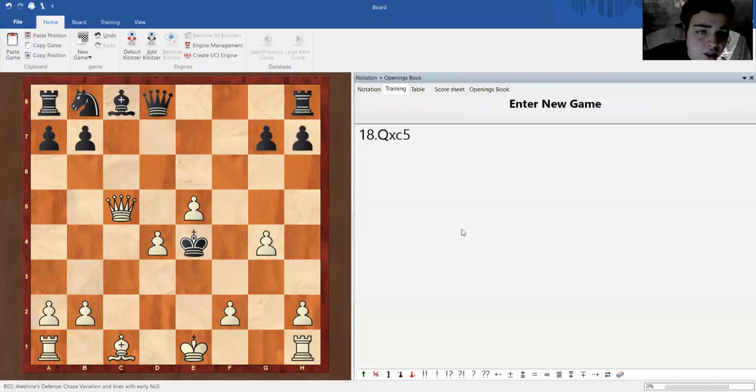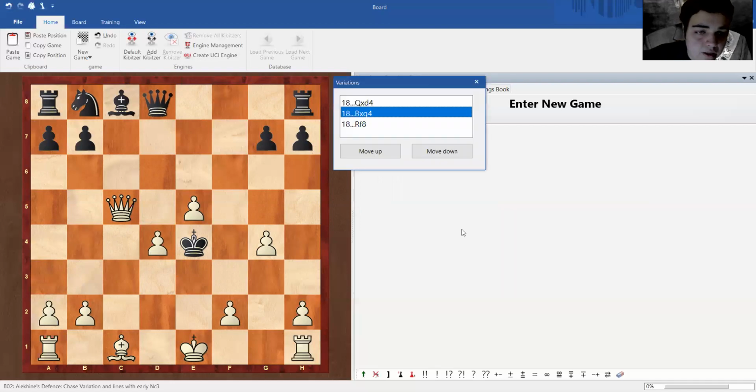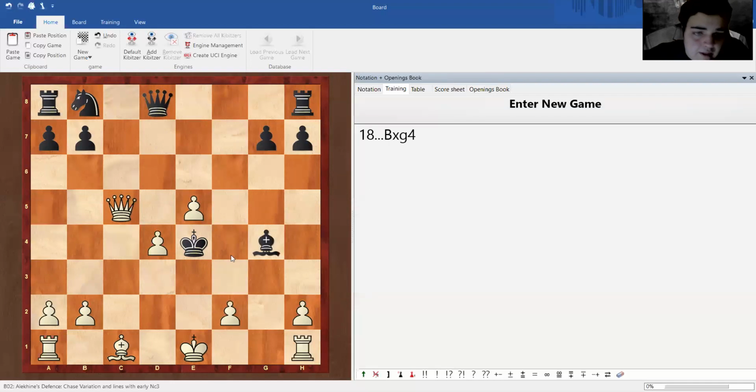And a move such as bishop takes g4, it's playable, but it's better than queen takes d4, but there is still a problem, and that is f3 with check. Of course, king can't take the pawn because then white castles with check and brings his rook into the game. So the only move is bishop takes f3, and now queen c2 check, and the king is in very big danger